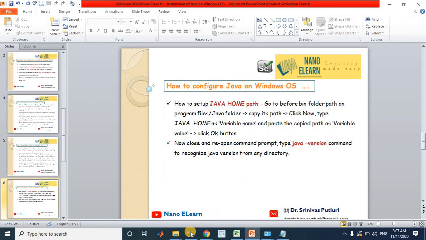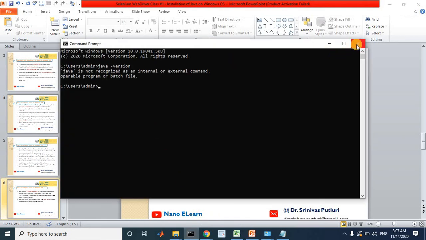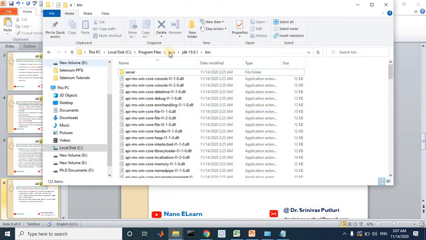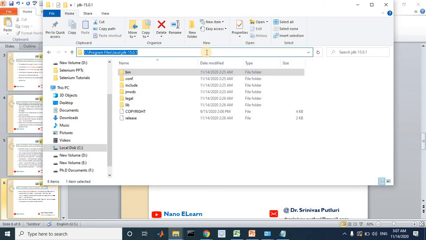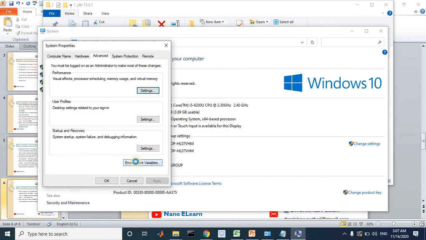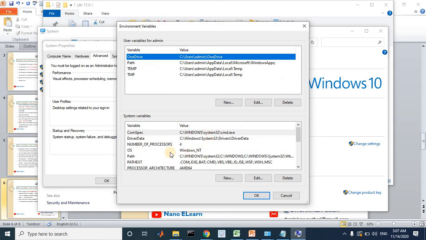Let's see how this works. I'm closing this. Now before bin folder is this one. I am copying this path. Now I am navigating to the properties again, advanced system settings, click on environment variables.